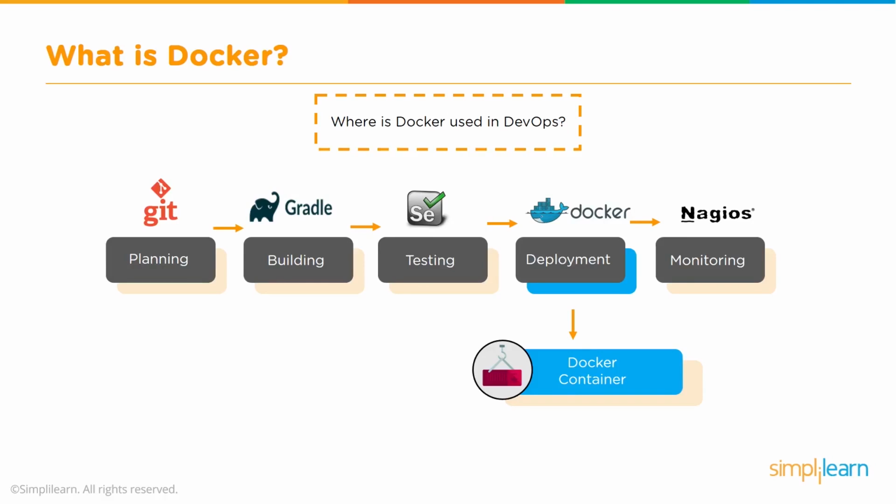But in addition to that, what we often find is that when you're actually building the code and testing the code, having a container running the solution at those stages is also a really good plus, because the people building and testing the code are able to validate their work in the same environment that would be used for the production environment. So really, you can use Docker in multiple stages within your DevOps cycle, but it becomes really valuable in the